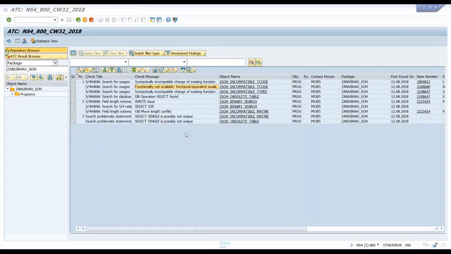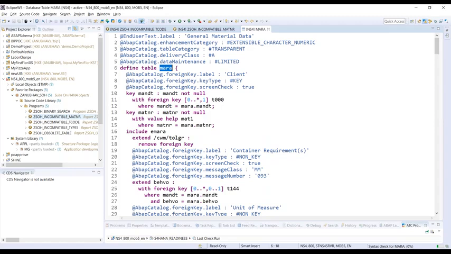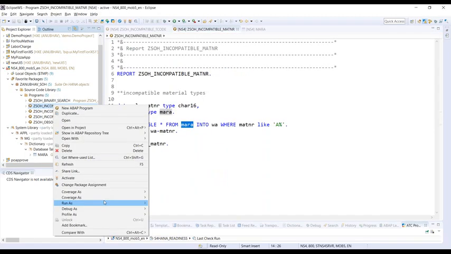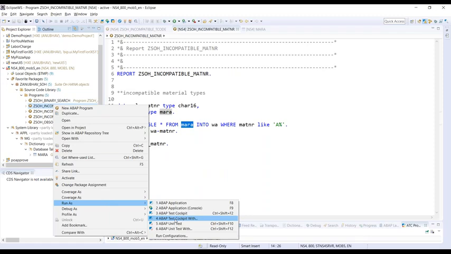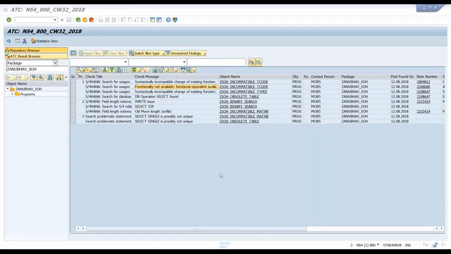Just quickly show you in SE11 and go to the MATNR. In the meantime, I'll just do a run in ADT directly. I want to explicitly check for this program. Right click here, run as ATC with cockpit, S4 HANA readiness, say okay. Let it run. By the time, I'll just go and show you what has been done.